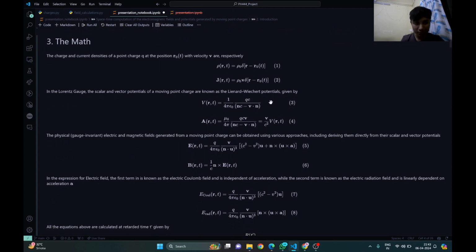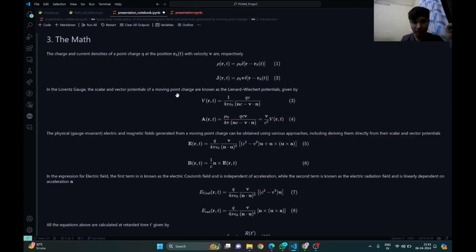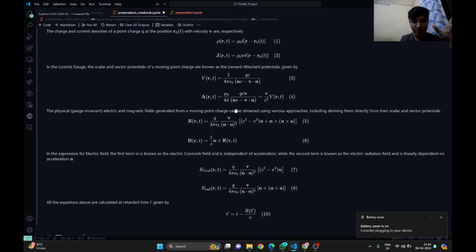And when we consider the Lorentz gauge, the scalar and vector potentials of a moving point charge are known as the Liénard-Wiechert potentials, which are given by V(r,t), which is 1 by 4 pi epsilon naught into qc by (nc minus v dot n), and A(r,t), which is mu naught by 4 pi qcv by (nc minus v dot n), which simplifies to v by c square into V. The physical electric and magnetic fields generated from a moving point charge, which are gauge invariant by the way,